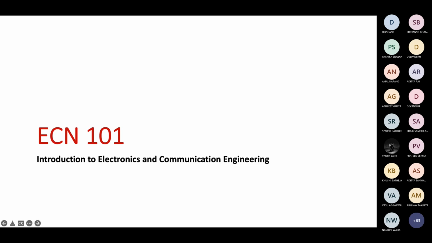So there is no single book per se for the semiconductor part, though I would suggest you maybe read Streetman and Banerjee, although that is quite an extensive book, so all that will not be important here. But some excerpts from that book might be helpful for you. Even I'm taking some figures from there. I'm taking figures from multiple places, but Streetman is a decent book on semiconductor physics, but that's an advanced book, and maybe you would need to refer to that book in your second year course, ECN 242.